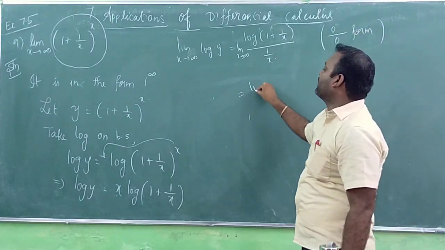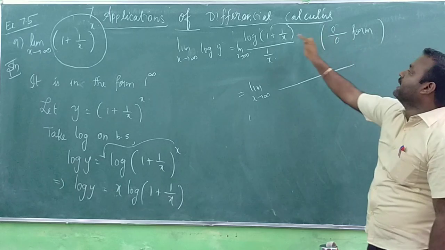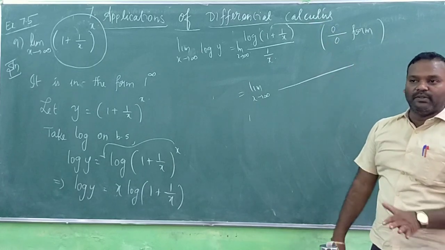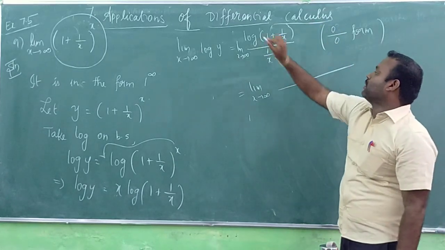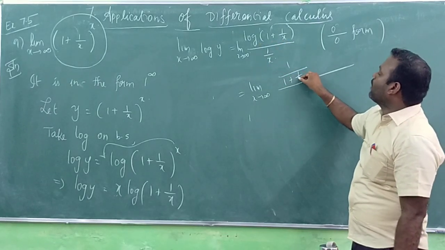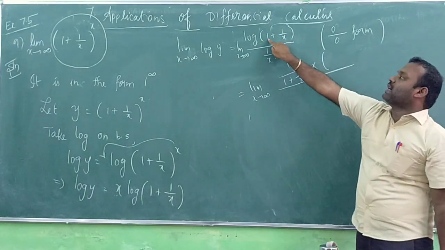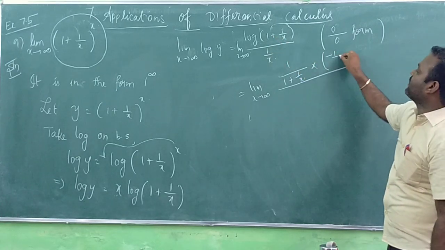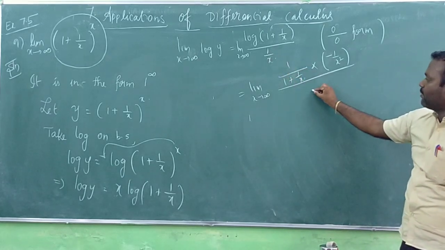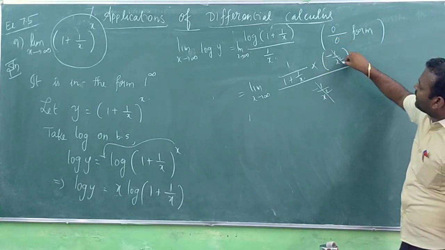So what L'Hopital's rule says is you have to differentiate the numerator and the denominator separately. In the numerator, log of (1 plus 1 by x), it is a composite function, we have to differentiate this using chain rule for differentiation. First, you have to differentiate the outer function, that is log of (1 plus 1 by x) is 1 by (1 plus 1 by x) into, when you are differentiating the inner function, 1 differentiation is 0, 1 by x differentiation is minus 1 by x square. In the same way, when you are differentiating the denominator, 1 by x differentiation is minus 1 by x square, so that we can cancel these two things.